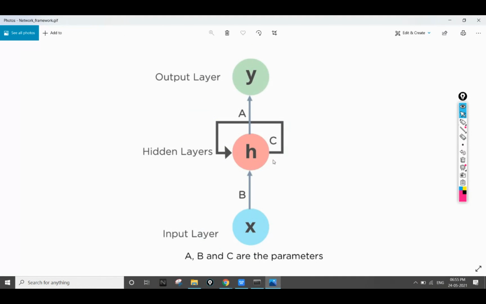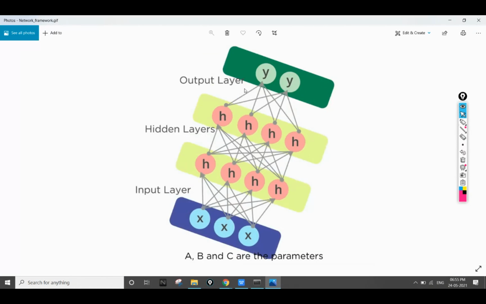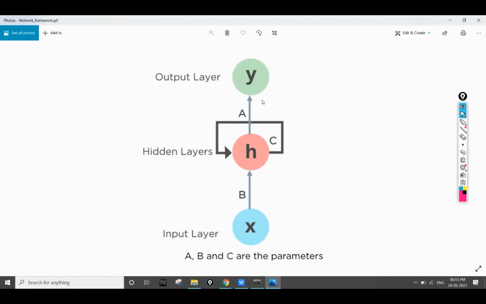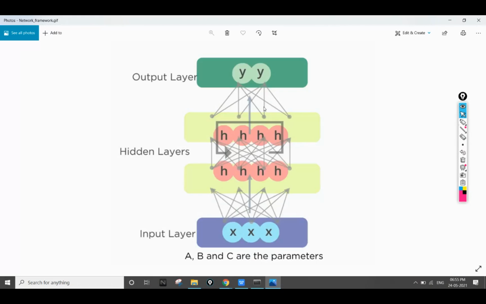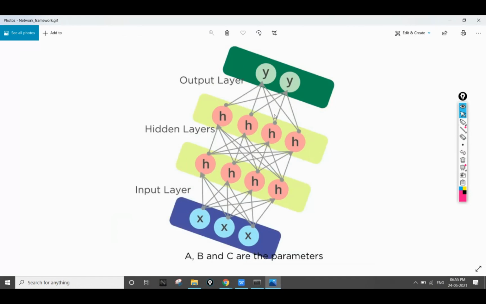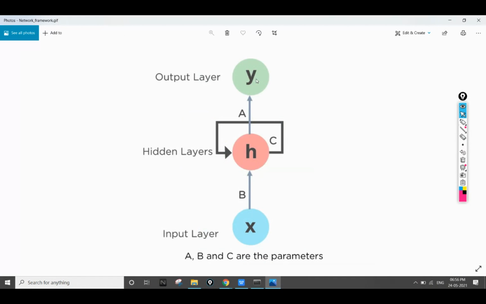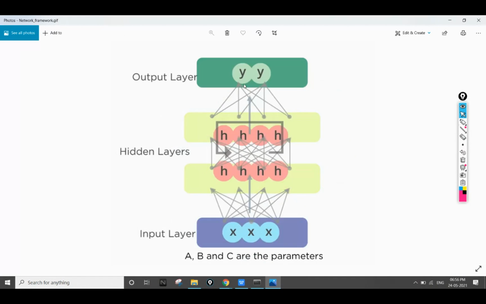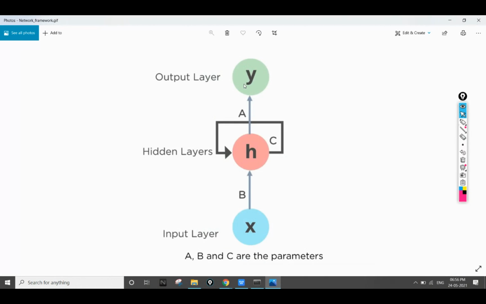You can see how your normal neural network is turned into a recurrent neural network model. All the input layers are denoted by the X symbol, all the hidden layers are denoted by the S symbol, and all the output neurons are denoted by the Y symbol, and the output of the hidden layer is given back to the hidden layer itself.